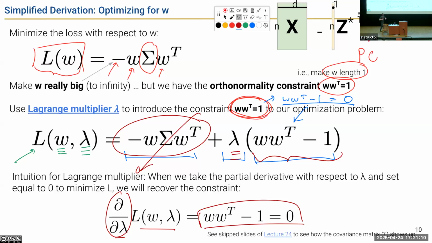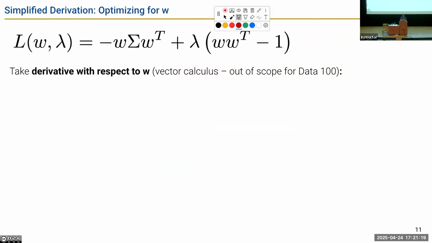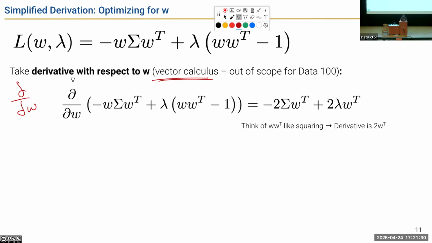And you'll see that in the future when you have to do optimizations. This is essential to understanding the part of the derivation I'm going to show you. That's why I include it. So we include this lambda. Now, what would happen if we do the partial derivative with respect to W? Again, vector calculus is out of scope, but I can show you a quick little trick here. So if I were to take the partial derivative with respect to W of that loss function and set it equal to 0, which we're going to do to find the optimal W, we have to do a little bit of vector calculus. Just thinking casually here,